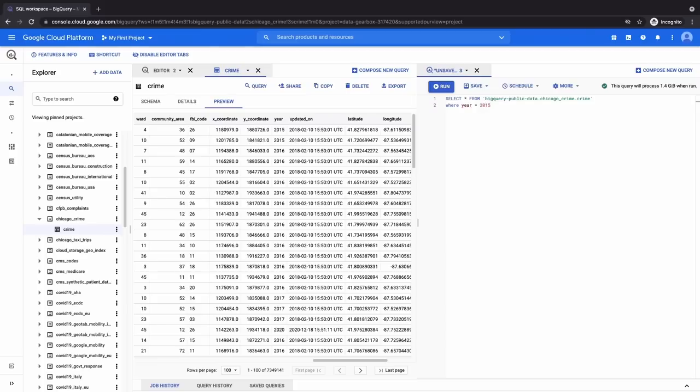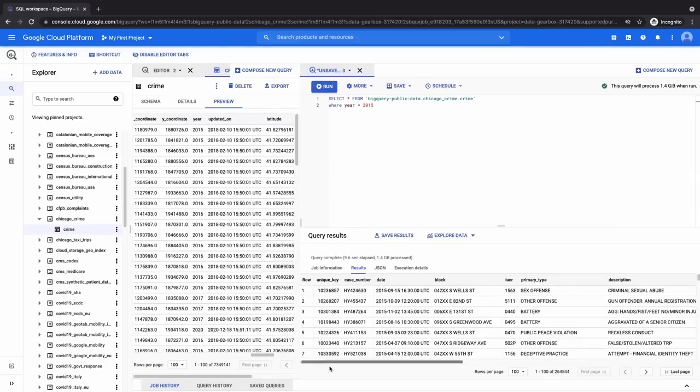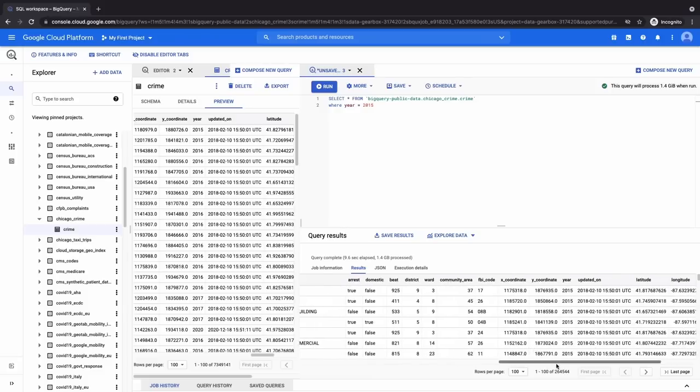Now, immediately we do this, if we were to run the data set like this, we get the data set back only for cases where the year is equal to 2015. So it reduces the number of rows from 7 million to 264,000 cases, which helps us to narrow down our data set. In the previous case, the preview of the data set shows it has 7 million rows, but for the 2015 cases, we have